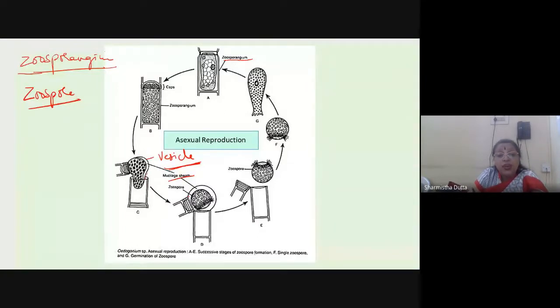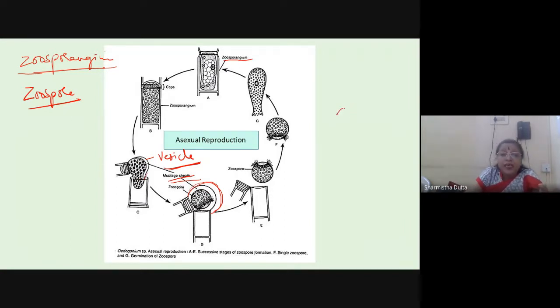This is called a vesicle or a mucilaginous sheath. So a thin mucilaginous sheath develops outside the dense cytoplasm. And then this mass of cytoplasm